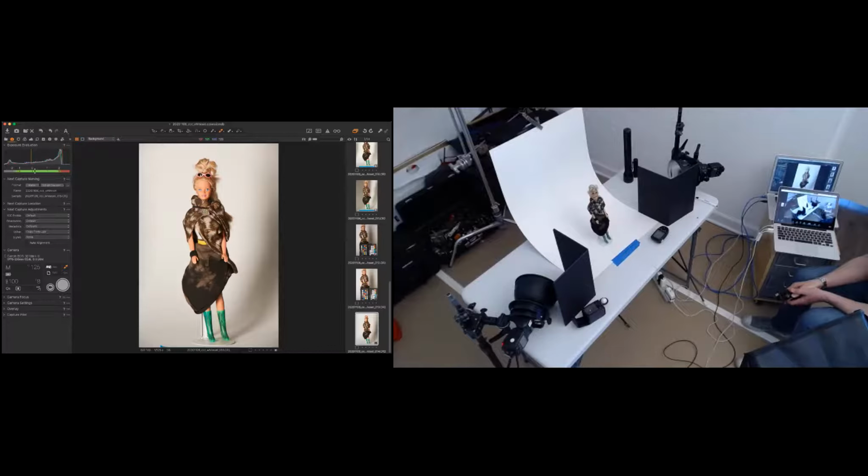So 22 to 16 would be 1 stop. 16 to 11 would be 1 more stop. And then to get to 3, we go from 11 to 8. So that's 3 stops. So if I shoot this picture right now at F8, because this is the one that people screw up all the time: why aren't I shooting the background at 3 stops open? 3 stops open would be 8 to 5.6 would be 1, 4 would be 2, 2.8 would be 3. Why aren't I doing it at F2.8?